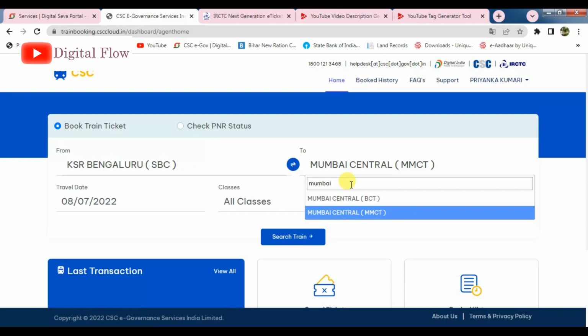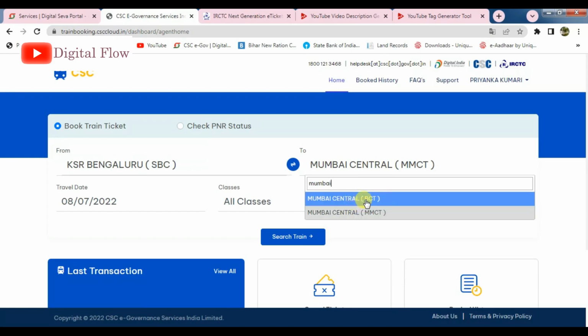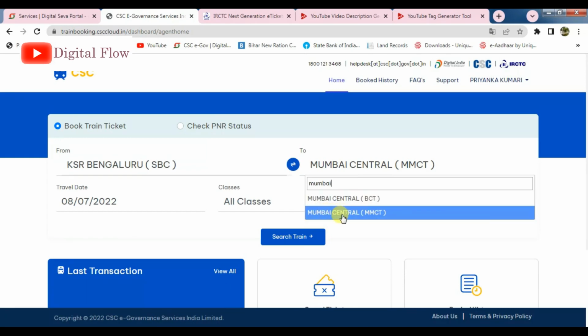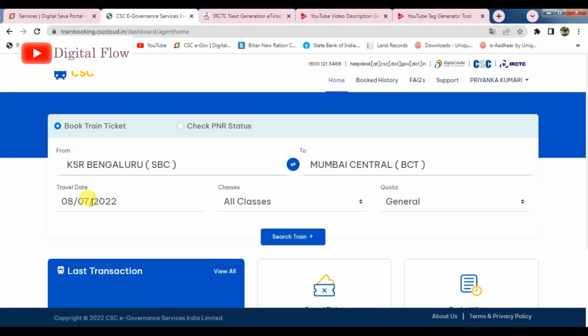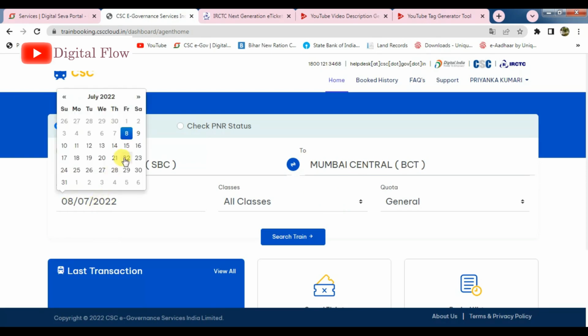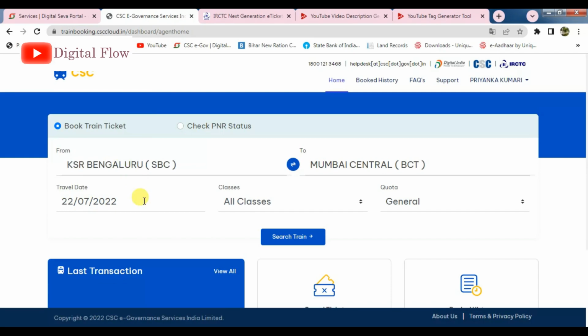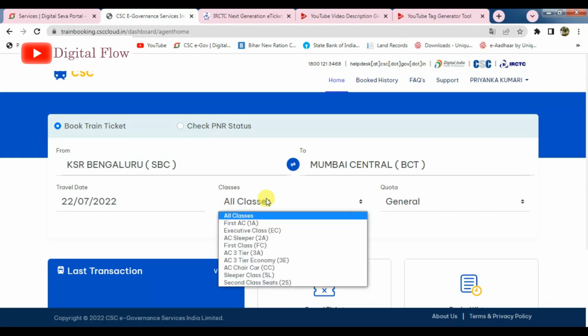Here many options come, two stations like Mumbai Central, but I will select any one. Then we have to choose the travel date, which date I will travel from the given dates. I have to choose the class I want to book: sleeper, AC chair car, AC 3 tier.